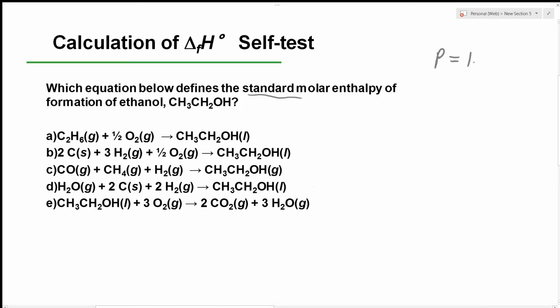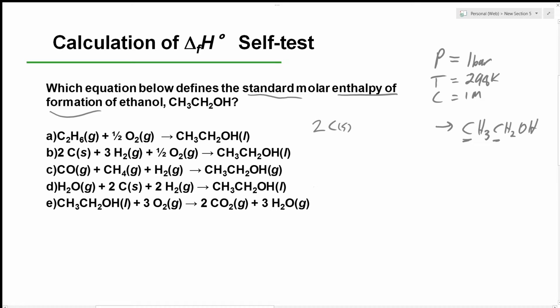of 1 bar and a temperature of 25 degrees, which is 298 Kelvin, or a concentration of 1 mole per liter. So an enthalpy of formation is where we're making a compound from its elements. Here we're making ethanol, and I'm just going to write down the formula for ethanol. We can see here that ethanol contains carbon, so we need to actually form it from its elements. So we need 2 atoms of carbon, and the most thermodynamically stable elemental state of carbon is going to be solid